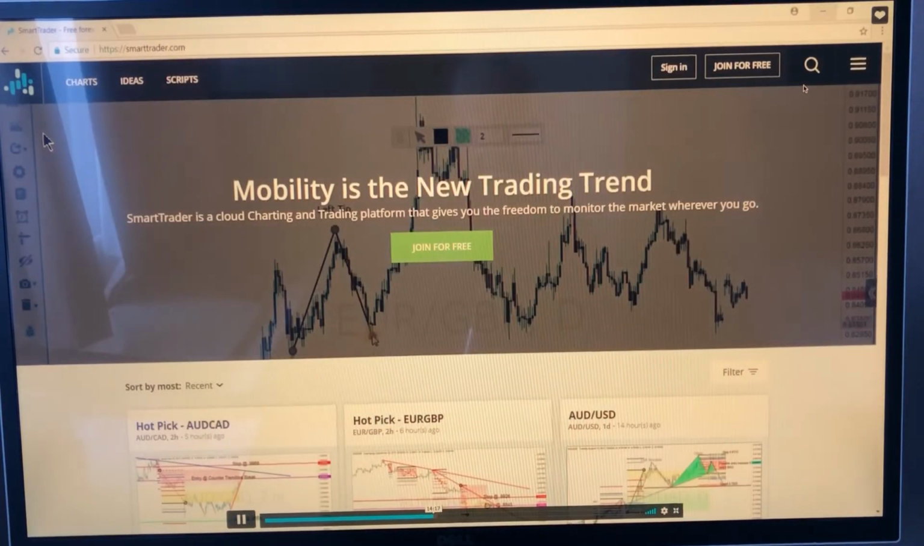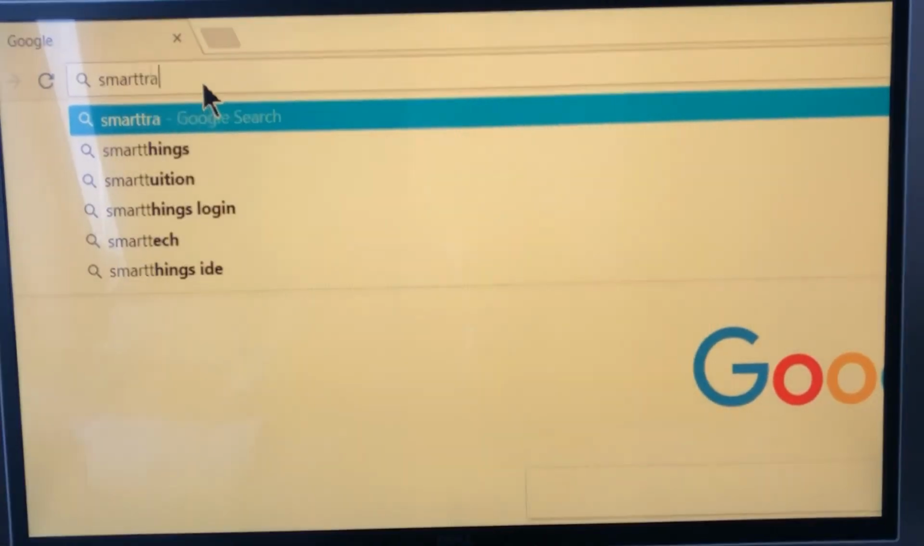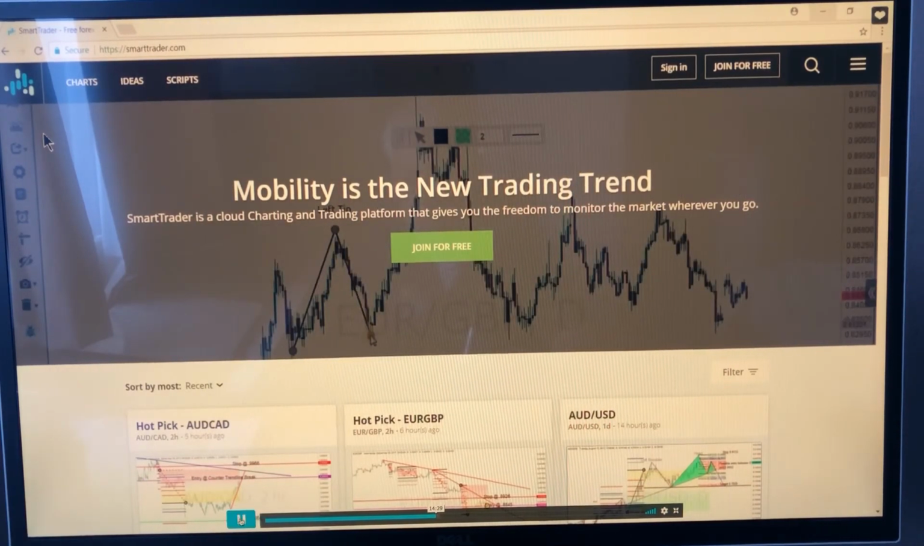In this chapter, I'm going to show you how to connect your broker account and place a trade using smarttrader.com. So when it comes to trading your strategy, you're ready to go. The first thing we're going to do is go to smarttrader.com. Upon going to smarttrader.com,